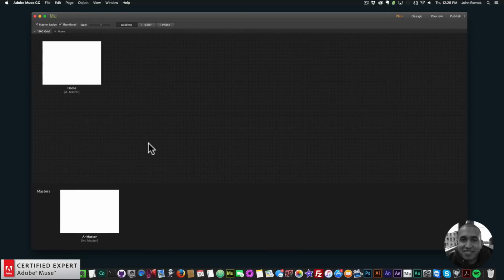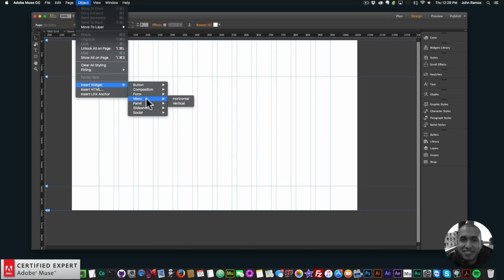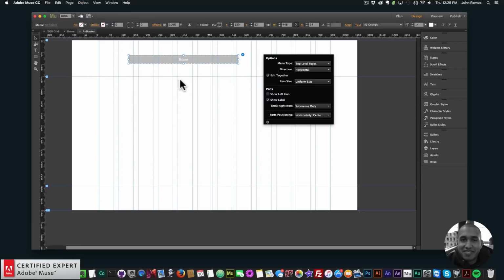So the next tip, number 5, is adding your menu to the master page. If you have multiple pages on your Adobe Muse website, you don't want to keep adding the menu to every individual page. So what you want to do is go to your plan view in Adobe Muse, and here you have your masters page, and anything you add to your masters page will be added to all your pages on your website. So I'm going to double click on the masters page, and I'm just going to go to Object,